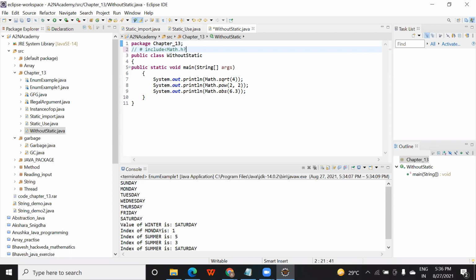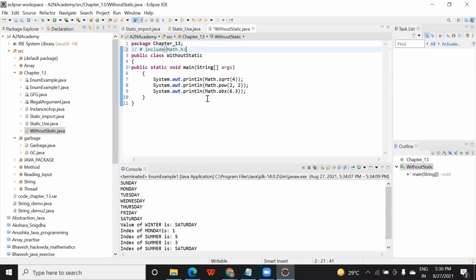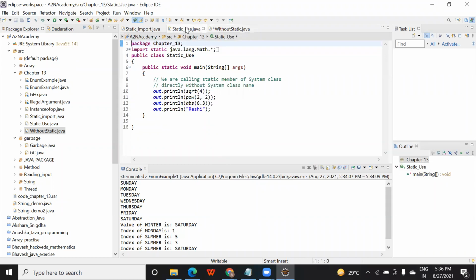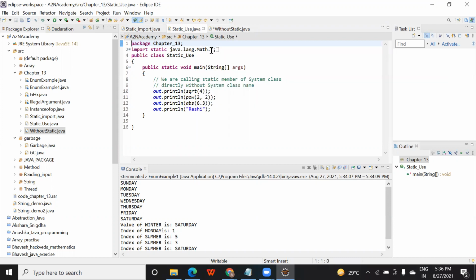We need to import the math library, then only we are able to perform mathematical operations, right? Similarly, in Java also, you need to import the math library in order to use that. So actually, whenever we import anything, it means that Math is your Java class, this is your class name, and inside that, whatever function you want to use, you mention here.